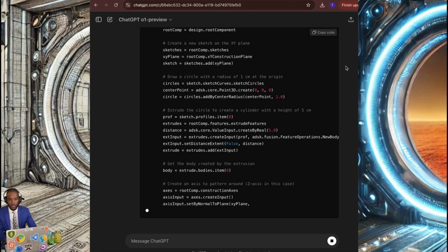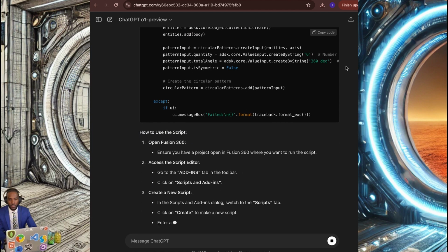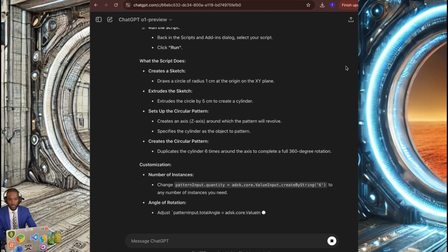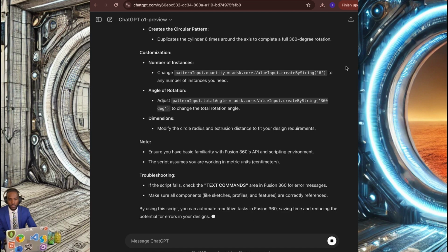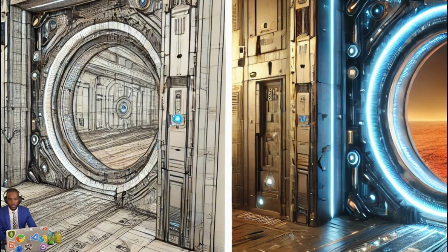Let's dive in. Episode 1, Scene 3, Overview of OpenAI 01 Model Capabilities. Now that we have everything set up, let's talk about how the OpenAI 01 model will help us in automating tasks and enhancing our workflows in Fusion 360. This model is designed to handle